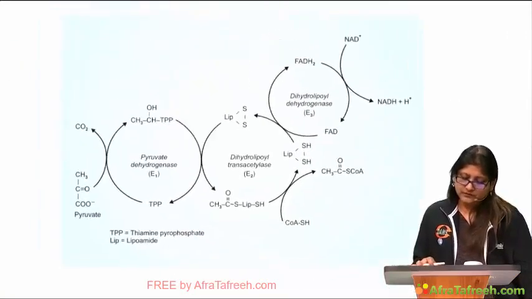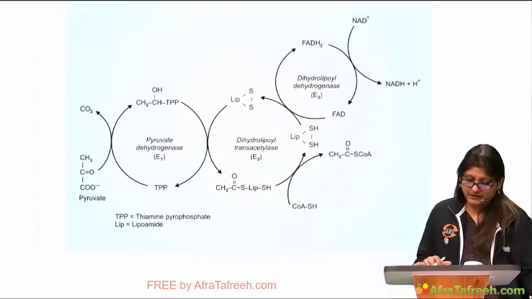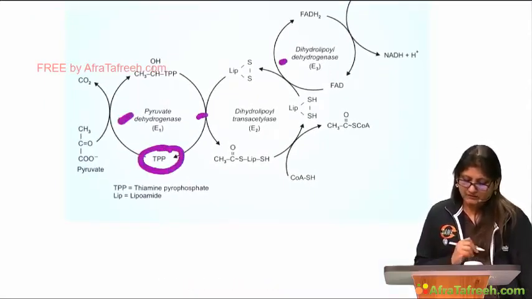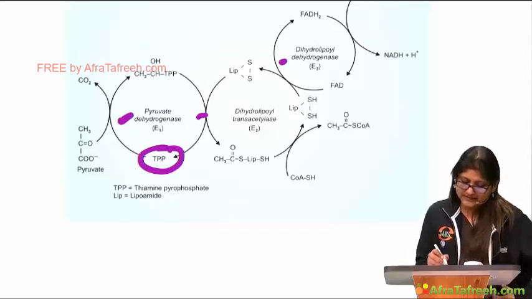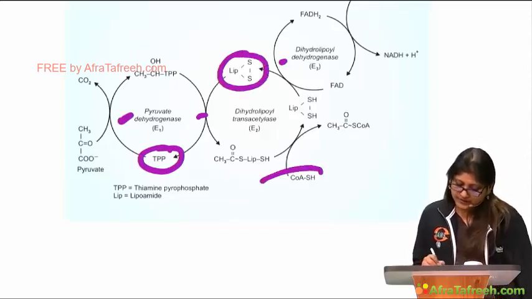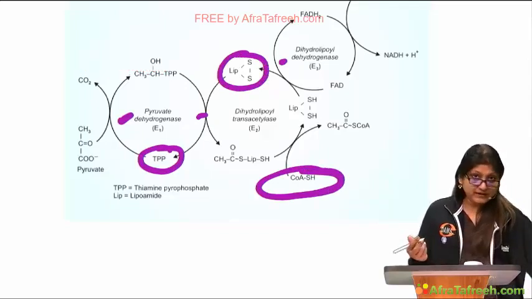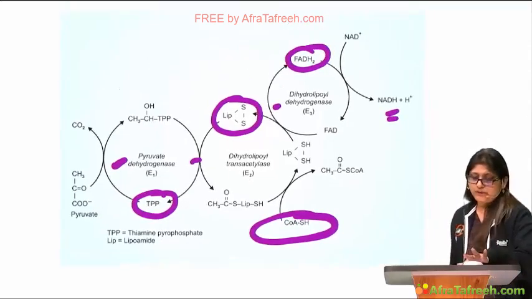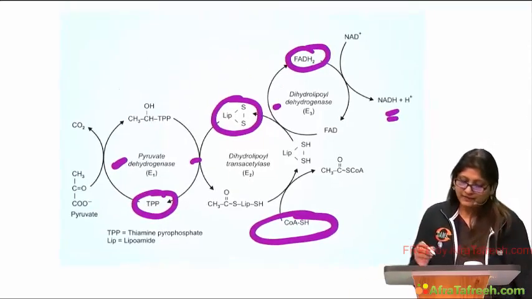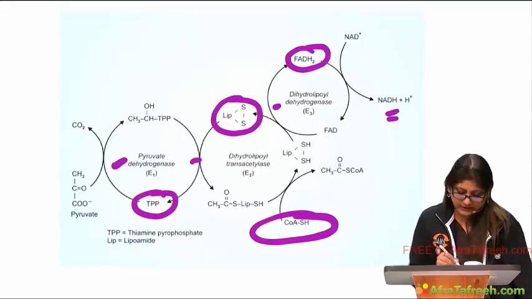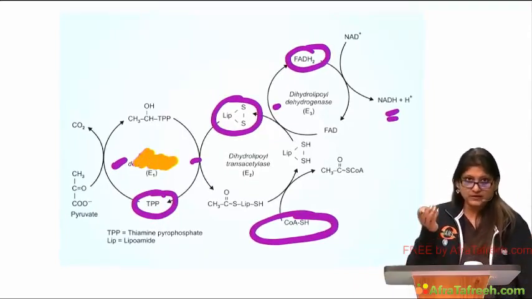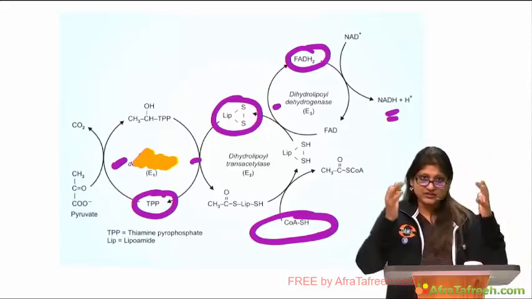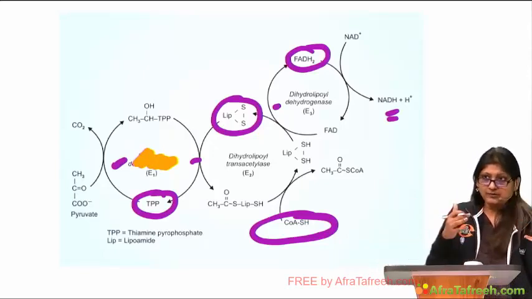You see, this is the PDH complex. Mark here the names of the 3 enzymes, 1, 2, 3, and the names of the 5 coenzymes: thiamine, lipoic acid, coenzyme A, which is derived from vitamin B5, FAD, and finally NAD. So they will give you this picture. I'm sure they'll give you this picture, and you know what they will do. They will delete some of the enzyme names and they'll ask you what is the name of E1, which of the following options is talking. Or they may ask you what reaction it is. You say oxidative decarboxylation. Or they may,